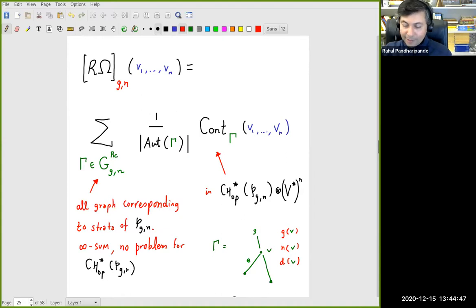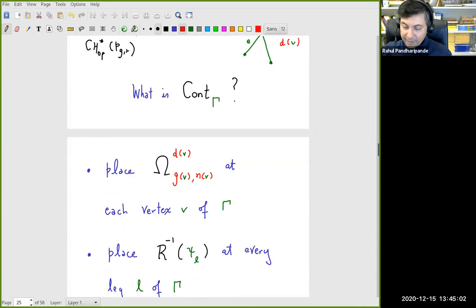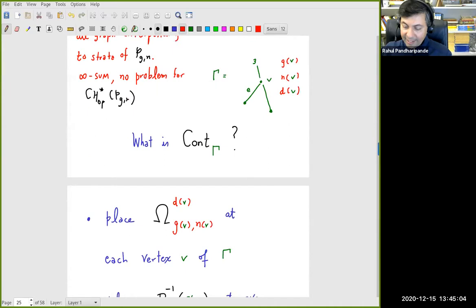Then of course there's the automorphism factor. So this formula has a sum over all of this, and then for each one there's some automorphism factor, and then there's a contribution of that stratum. So then I have to of course tell you what the contribution of that stratum is. That's the interesting part. What's the contribution of that stratum? And then the answer for that is that,